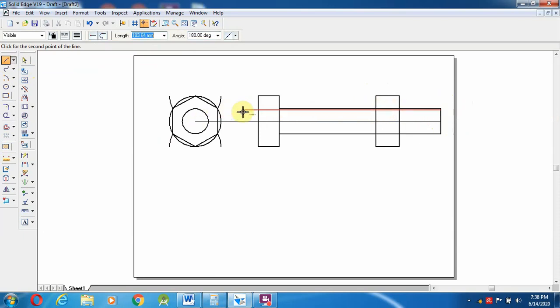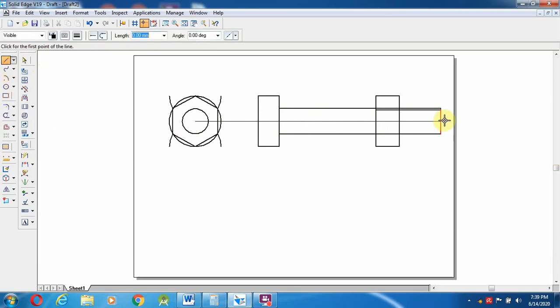straight line. I am going to keep it over here, where it will intersect those things. I am going to keep it anywhere in the middle, so it won't come, so I am going to extend it. After this I am going to trim it, using the trim option. This is the thing I want to create over there.